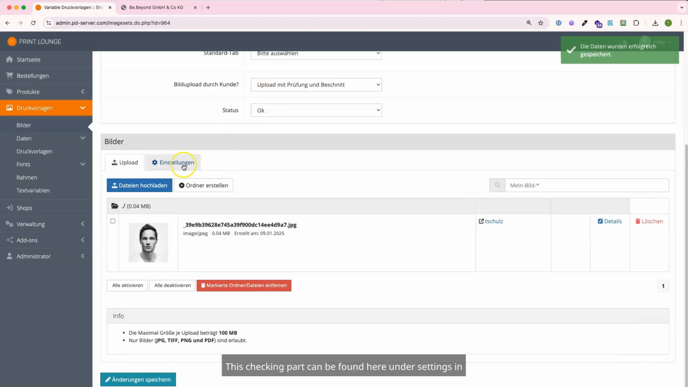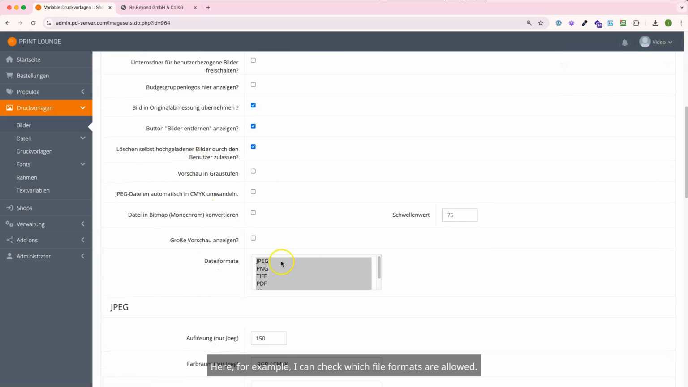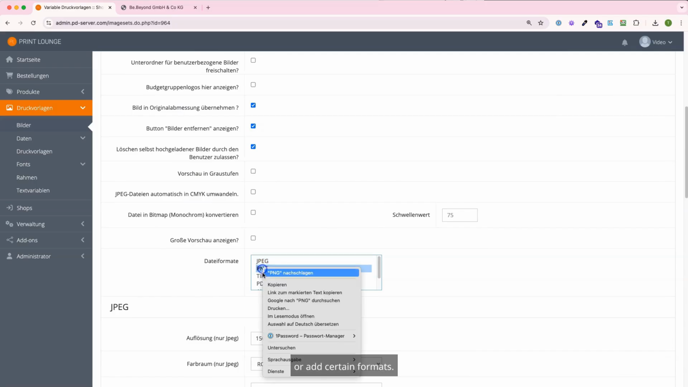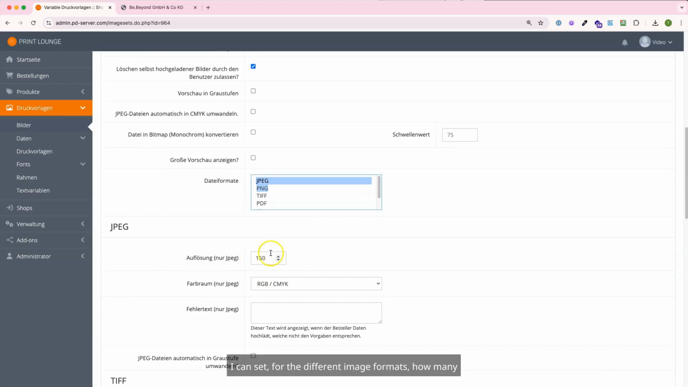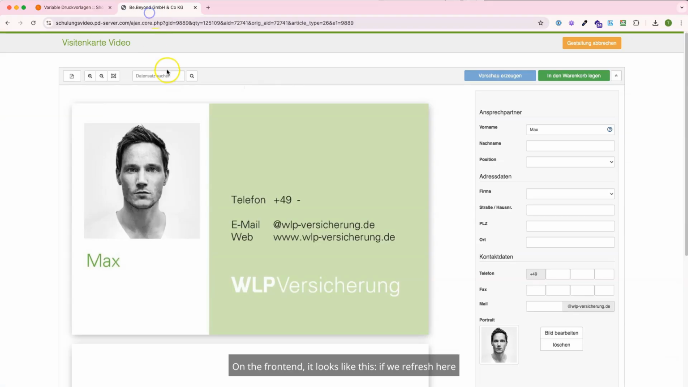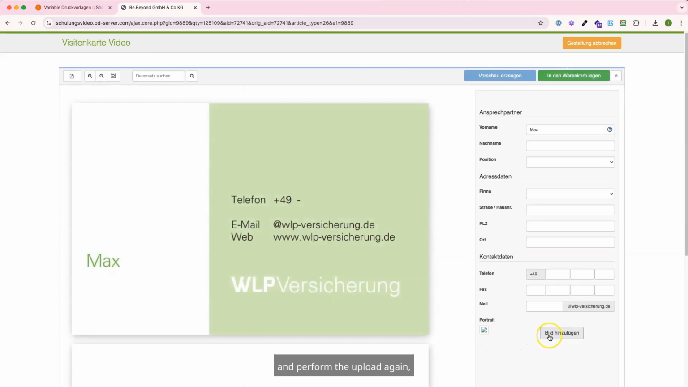This checking part can be found here under Settings in the image set. Here, for example, I can check which file formats are allowed. So for example, I could exclude a specific format here or add certain formats. I can set for the different image formats how many DPI it should be and which color space should be used. On the front end, it looks like this. If we refresh here and perform the upload again,